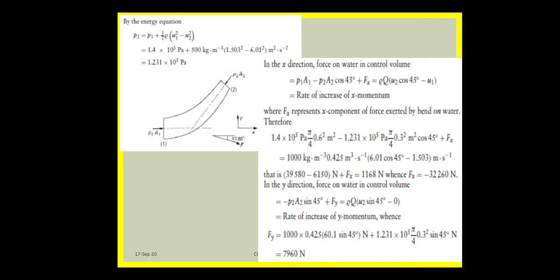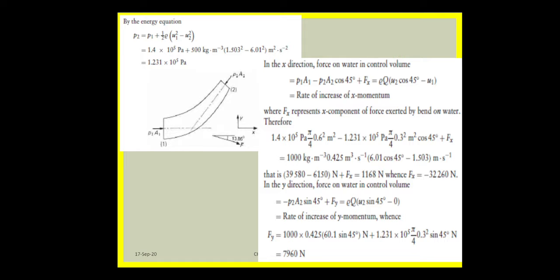Now see the figure here. The area A1 is in the horizontal, A2 is in the vertical, and the angle it is making is shown there. Now in the x direction, the force of water in control volume in the x direction is equal to P1A1 minus P2A2 cos 45. This we already discussed in the derivation, so write those values: P1A1 minus P2A2 cos 45 degree plus Fx, in the x direction. So Fx,